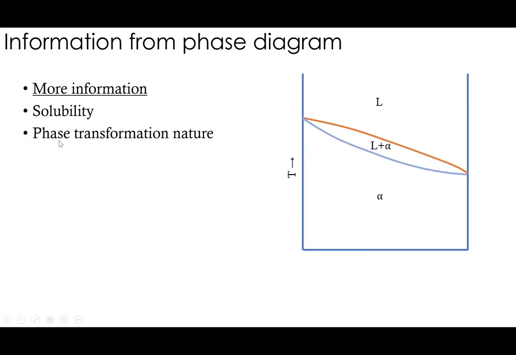And then there is the transformation nature. We have seen in the sugar and water case that when more sugar is added beyond the solubility limit, it is going to precipitate out. When you have a supersaturated solution, sugar is going to precipitate out. The moment we say supersaturation, it means something is not stable, so something has to happen for it to reach equilibrium. That will be the precipitation process there. So precipitation is one type of transformation. Like that, there are different types, like reactions. We will see about reactions in a future video. So these are the other things we can get from the phase diagram, like solubility and the transformation nature.